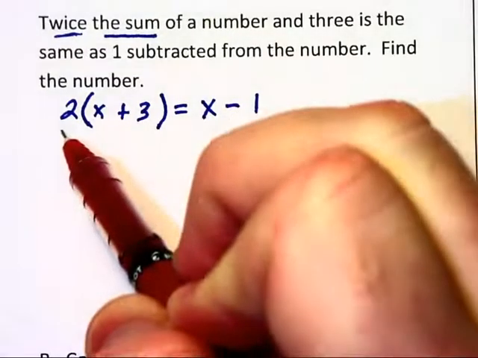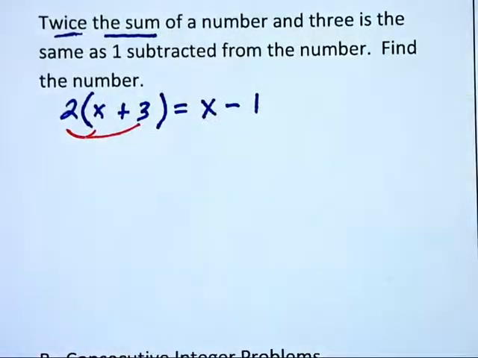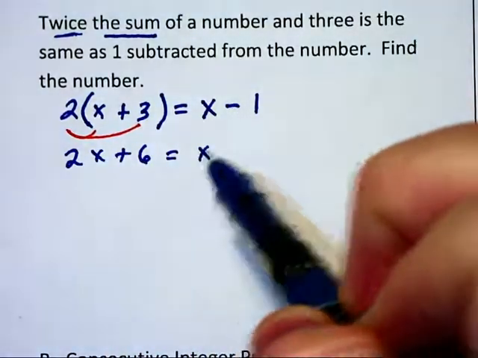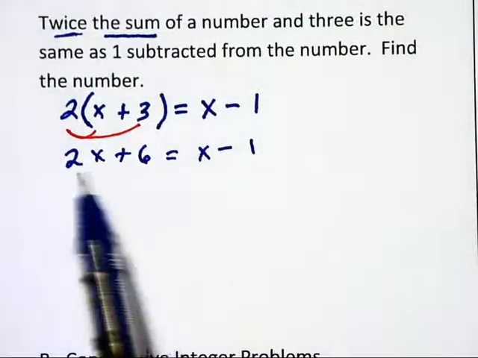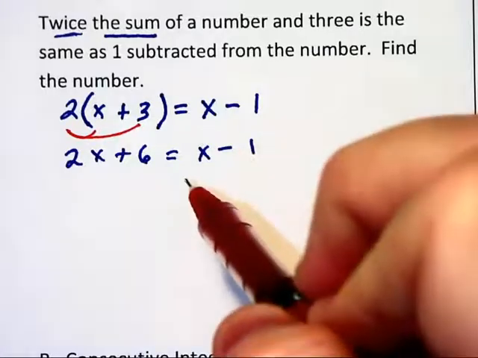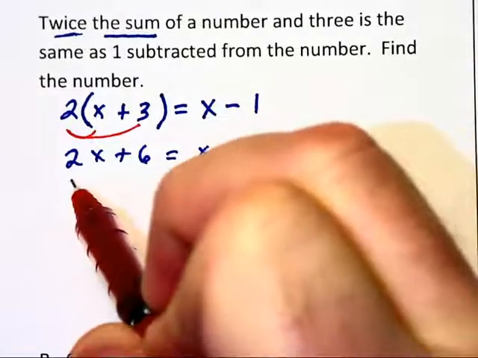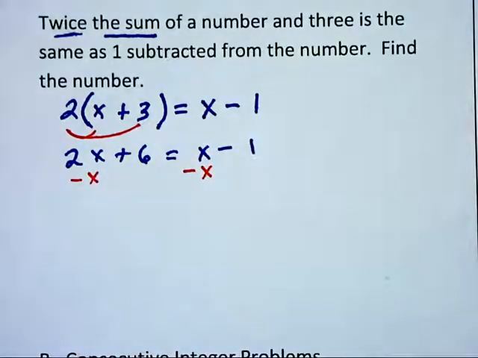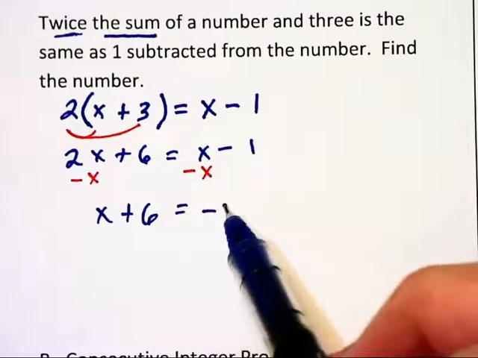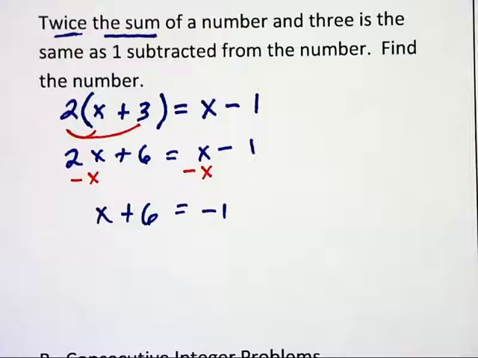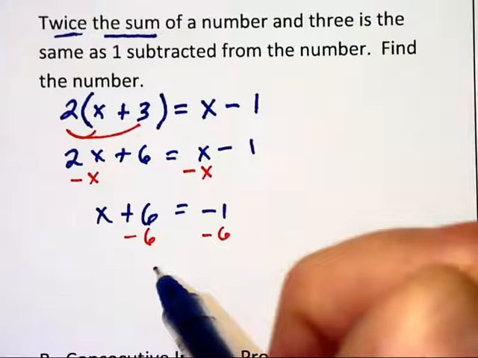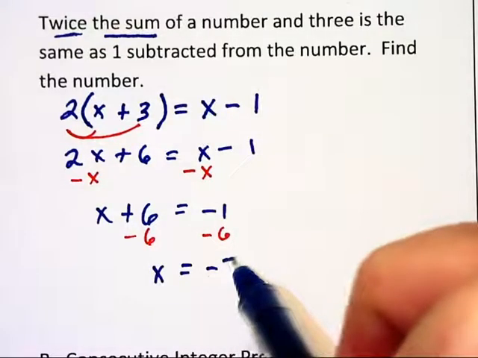Let's begin by distributing the 2 on the left-hand side, and that will give us 2x plus 6 is equal to x minus 1. There are no like terms to combine on either the left or the right, and so now it's time to get all the x's to the same side. So I'm going to subtract x on each side of the equation, and that will give us x plus 6 on the left is equal to negative 1 on the right. And then subtracting 6 from each side will give us x is now equal to negative 7,